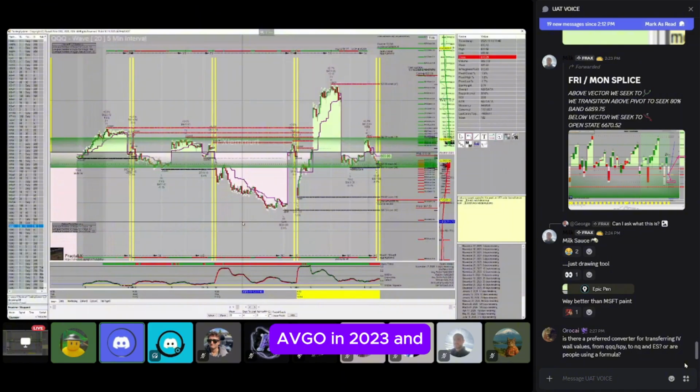Like Avgo in 2023 in Periscope, Avgo hit 14,000% one day. After that, Avgo just kept churning out money. I mean, the thing's like an ATM. And I could go in there and see the opens and stuff, so I could see what call sides I could get away with. Some of them were like $3 going to 70, $4 going to 80, $1.50 going to 50. So there was a lot of movement in it.